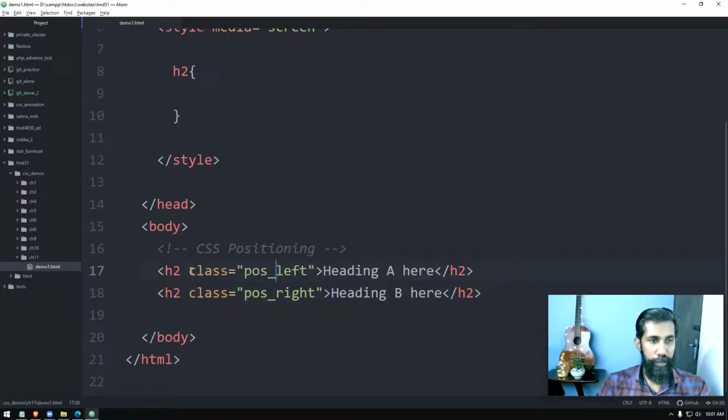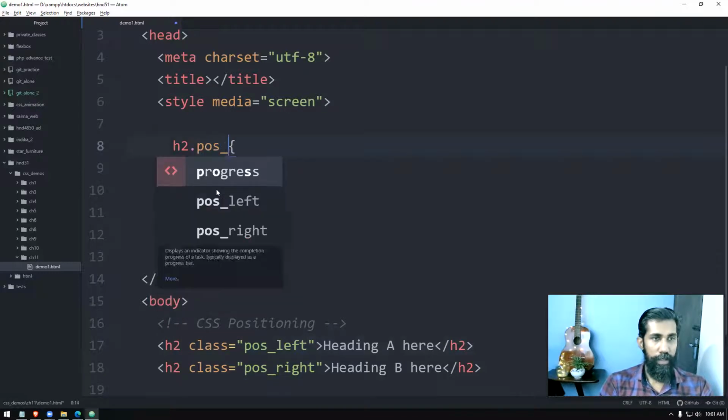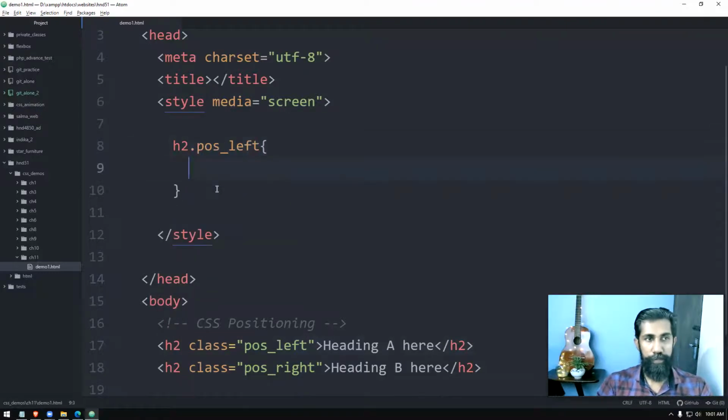First one, we will give two names for these two classes, position left and position right, okay? So here we'll say position left, right?